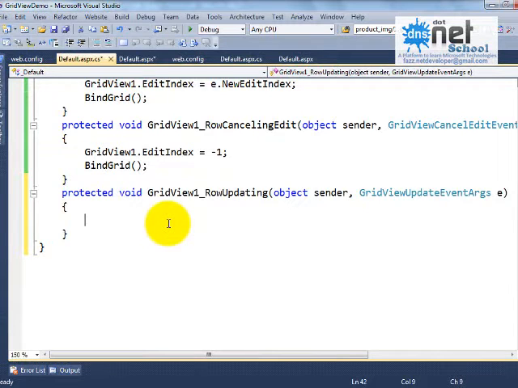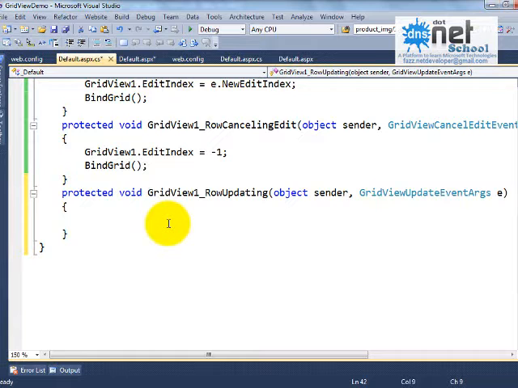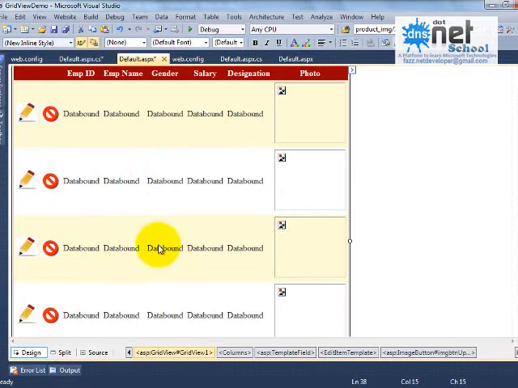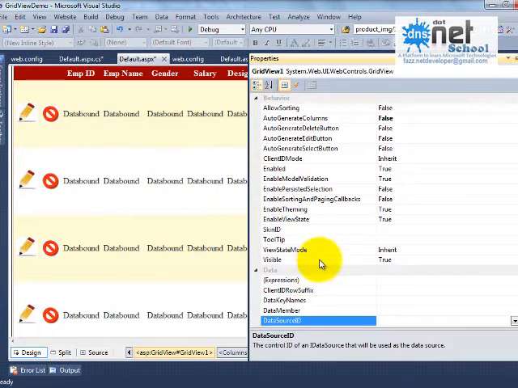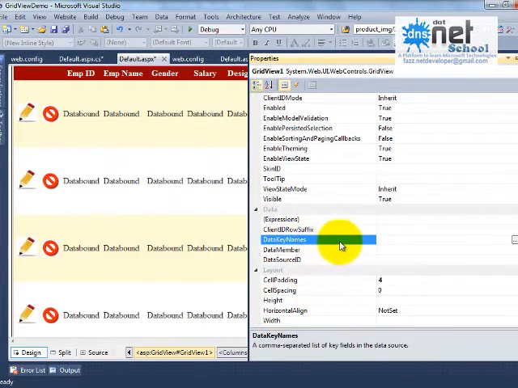Okay, so what is the code here? SqlCommand cmd equals new SqlCommand we should take, but before that let us take the necessary steps. We should provide the data key name. For this grid view, go to the properties of grid view, and there is a property here, you can see data key names.